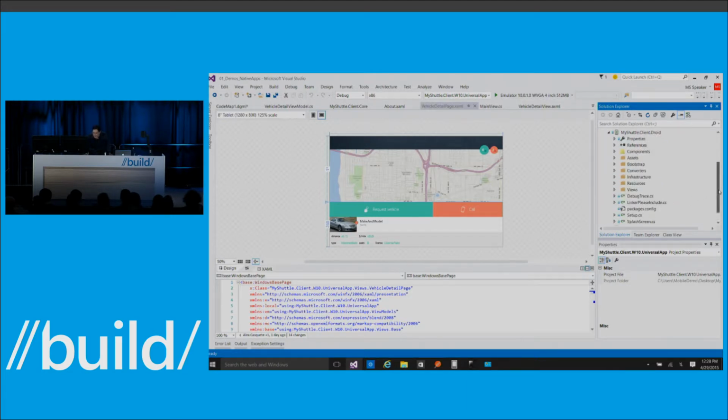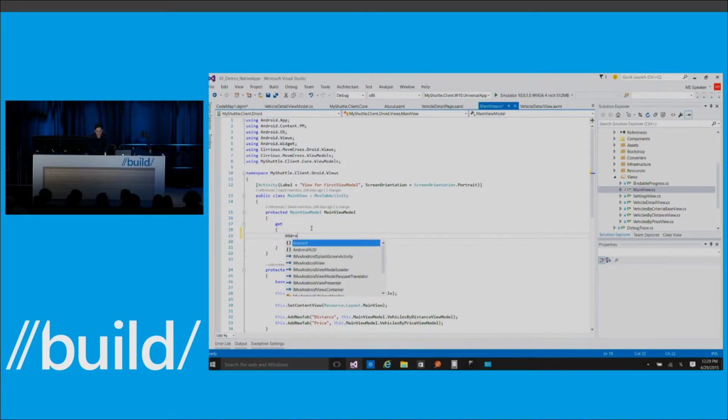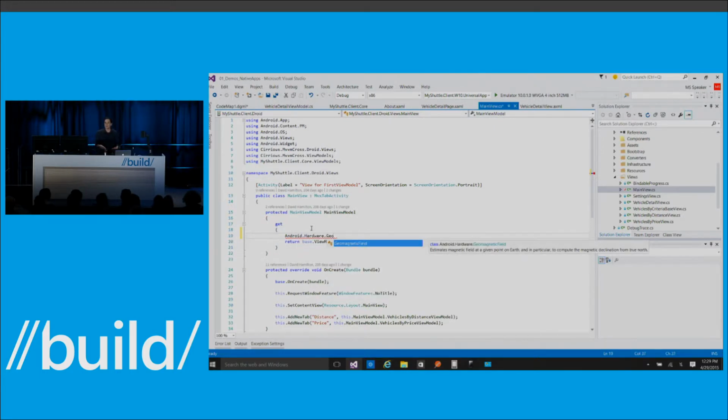And if I go into Views, Main View, and I just start typing, you can actually see that I have IntelliSense here, based on the Xamarin extension, that gets me the latest Android capabilities. So I get all of the same productive Visual Studio development experience, but for Android and iOS applications.